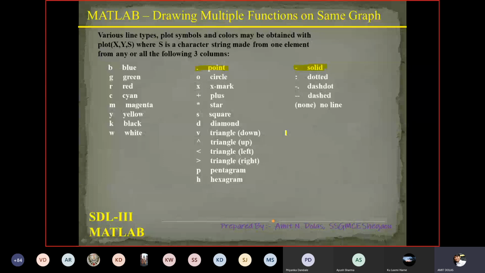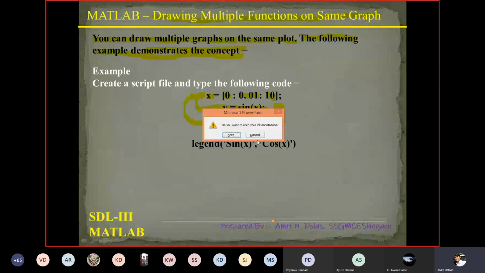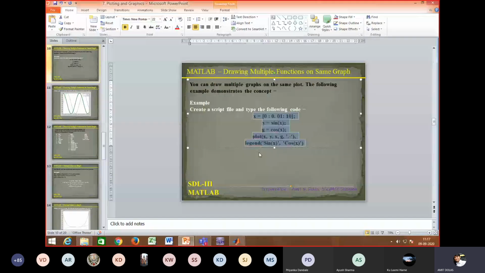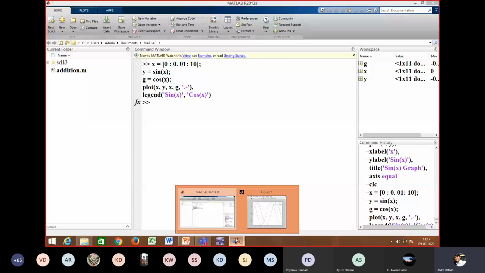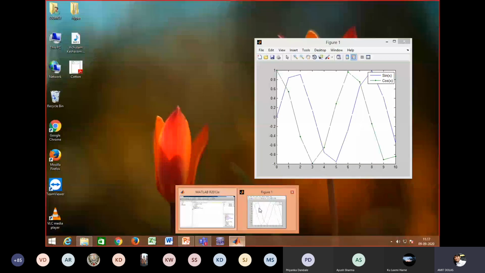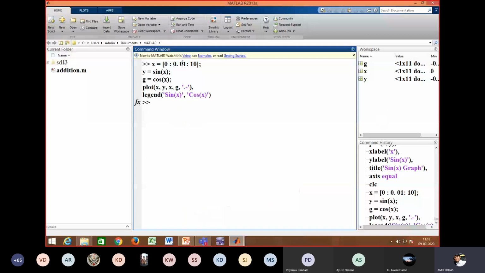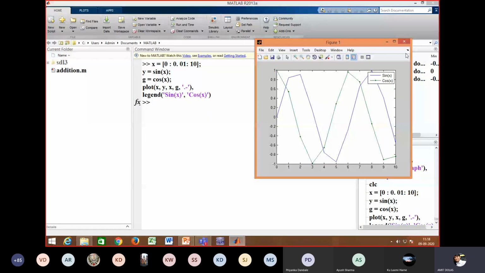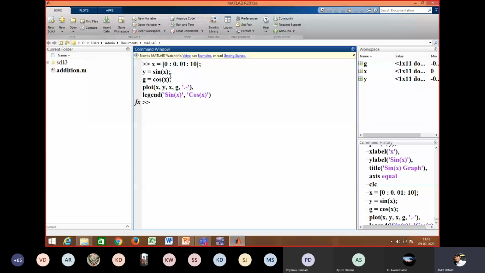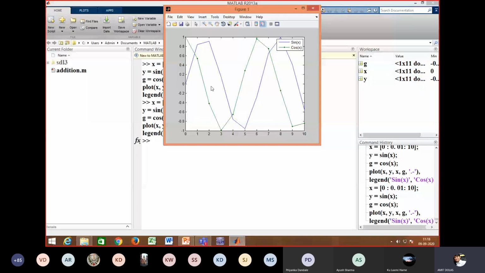So let's execute this program in MATLAB. Here is the graph.